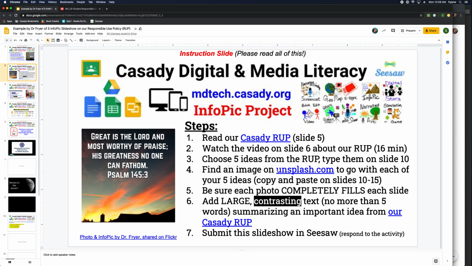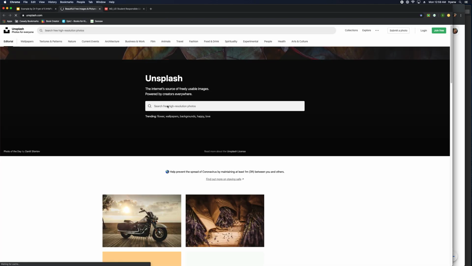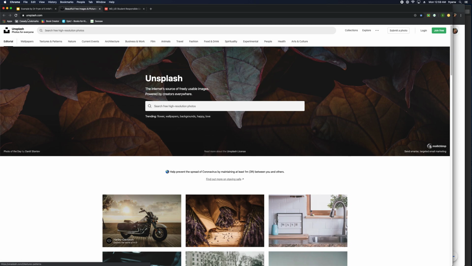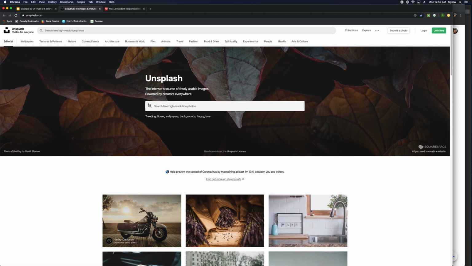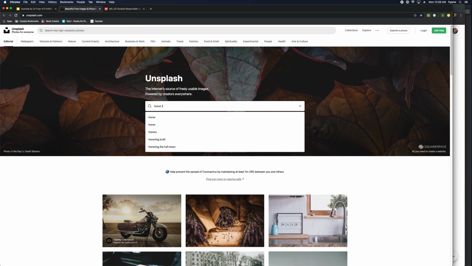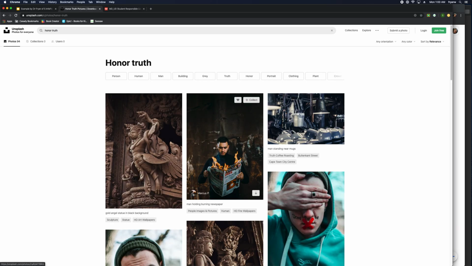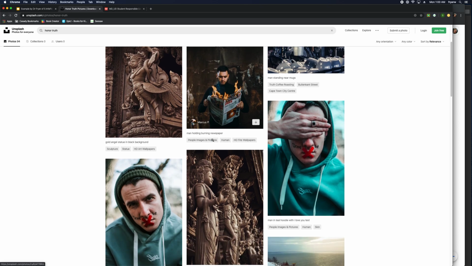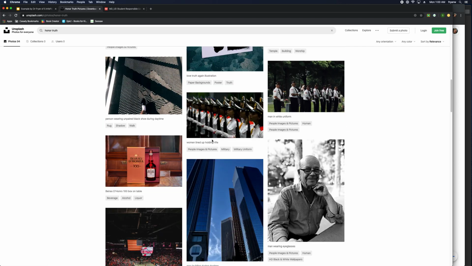And it says find an image on unsplash.com. 2 ways you can get to Unsplash. You can go ahead and click on that link here, and it's going to open that page. You can also go to Cassidy Bookmarks when you've logged in, and you should have a link right there that says Unsplash Images. And so I'm going to type in some words. I'm going to type in honor and truth. You're going to have to find some images that you think have to do with that topic that you're talking